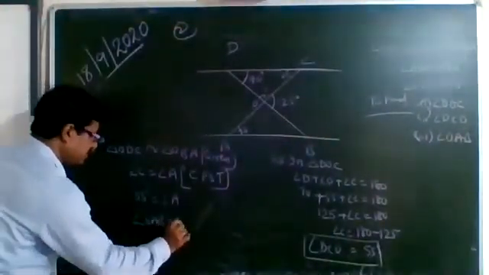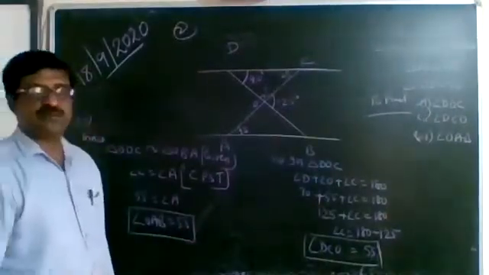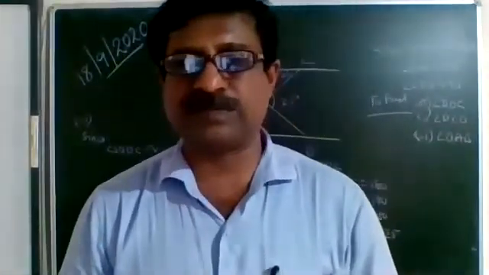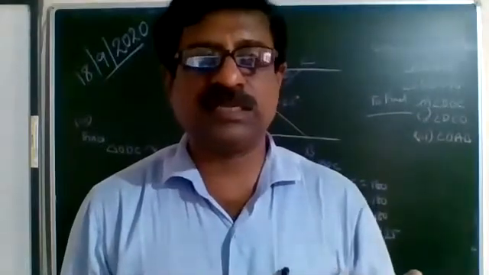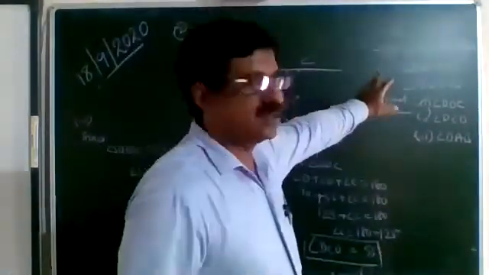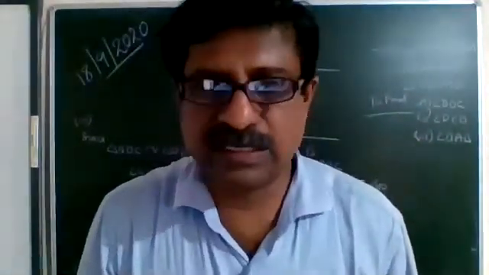Already I have mentioned the measurement of angle OAB will be 45 degrees. But the reason you should write properly: the reason should not be written as alternate interior angles, because the lines are not given parallel. These alternate interior angles are equal only if the lines are parallel. And nowhere did we get the lines parallel. Avoid writing alternate interior angles.